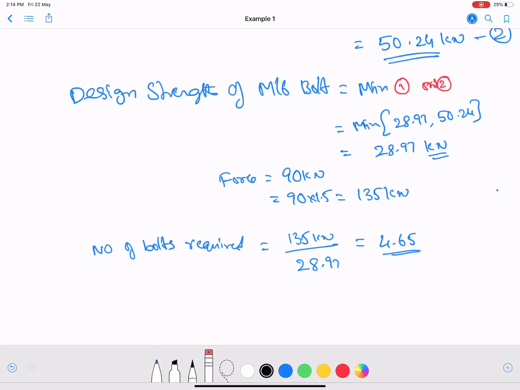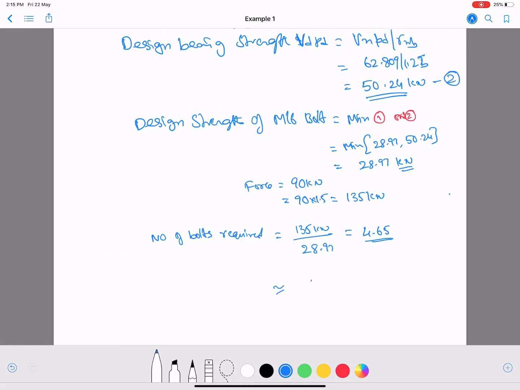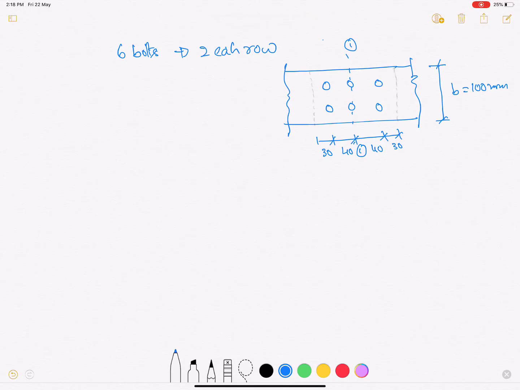So we cannot provide actually 4.6, and even if you make it as 2 bolts in each row, it may come around 6 bolts. Okay, now we find out there are 6 bolts we are going to provide for this particular connection, 2 bolts at each row. So this is 1 bolt and this is 1 bolt at each row. Okay, so now we need to find out the